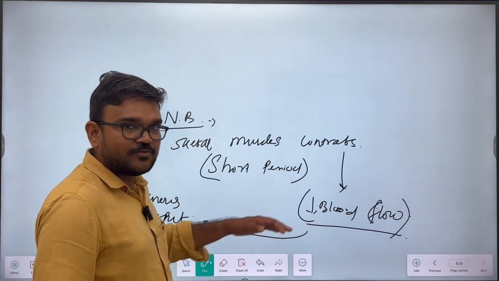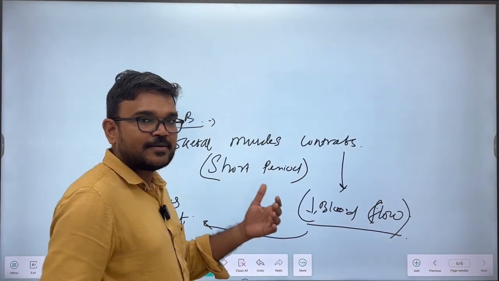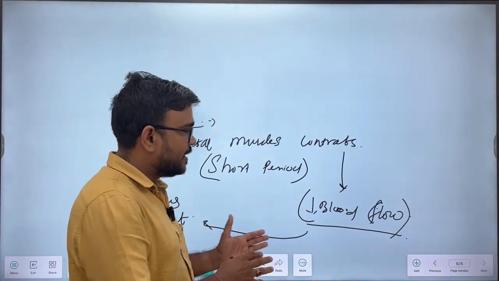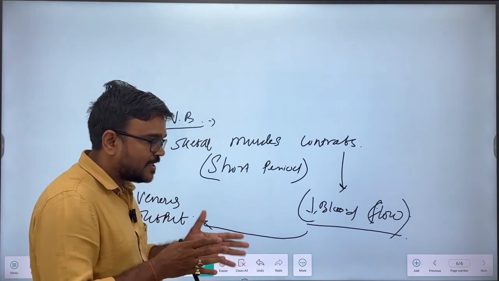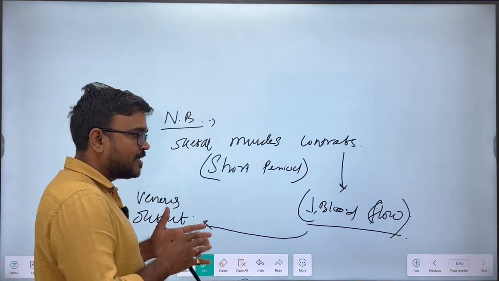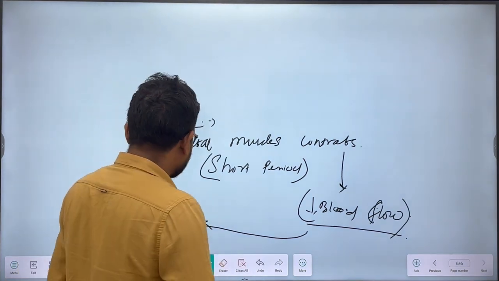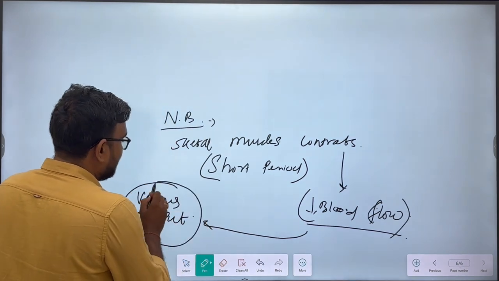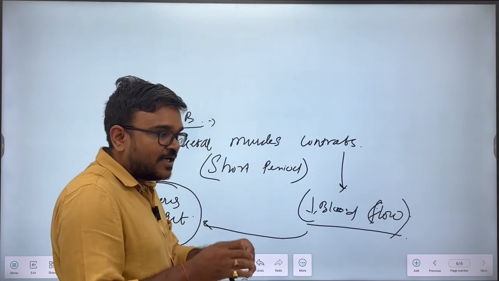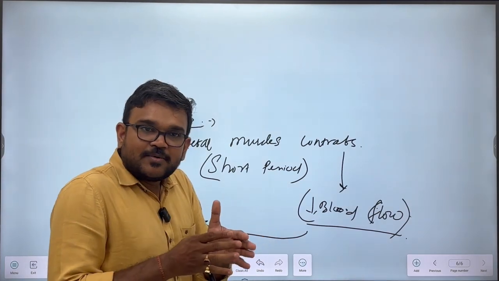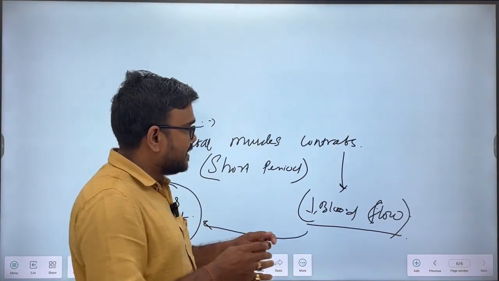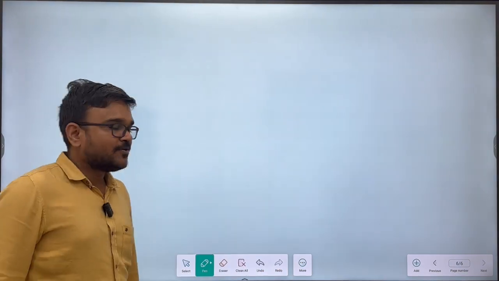After that, when the muscle acts, the metabolism increases, and the local metabolites vasodilator mechanism will act. So during contraction the blood flow decreases, and whenever the muscle relaxes, the blood flow increases. Coming back to the question,